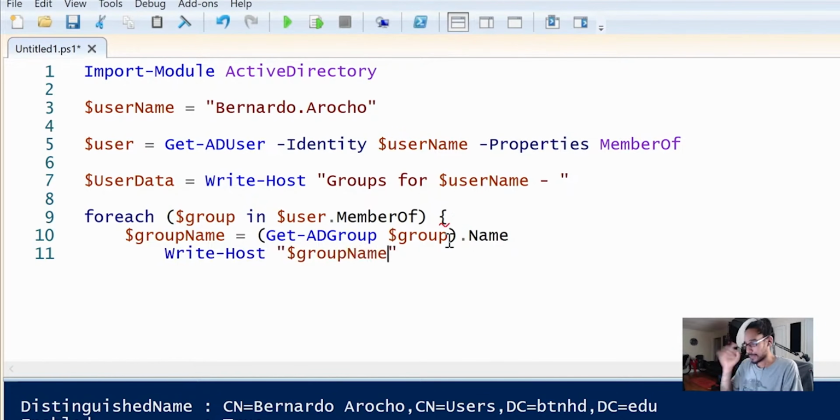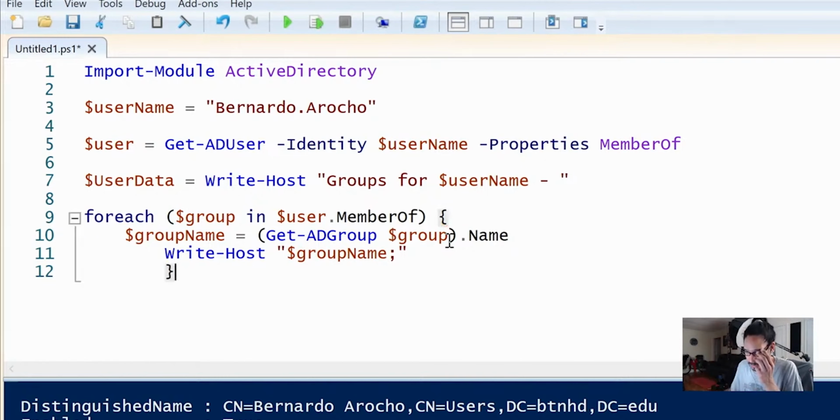Once it writes the group name, I like to put a semicolon. The reason why is because if you're copying and pasting the membership, you need the semicolon because it makes life easy, and I'm going to show you how that works. So I'm going to add the semicolon here. I'm going to put my cursor at the very end. I'm going to hit enter, and now I'm going to close the loop.